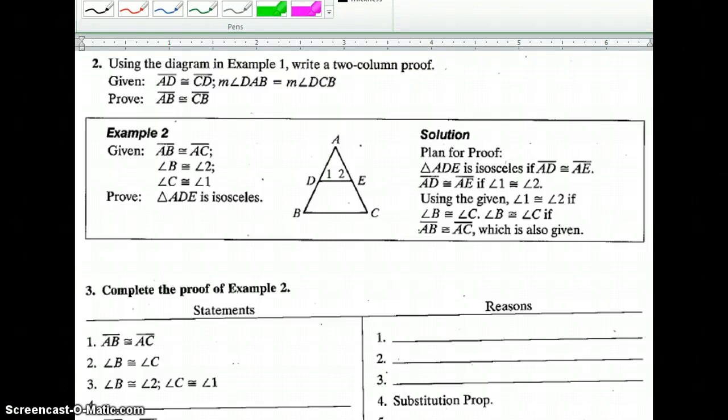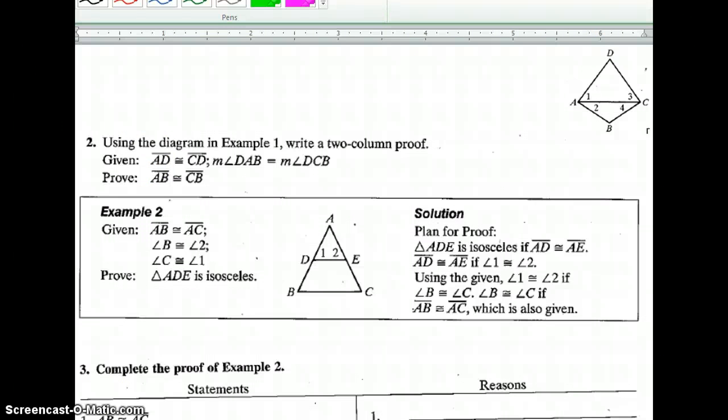Alright, still in the middle of 4-4 here. Welcome to part 3. Using the diagram in example 1, write a two-column proof. Oh wait, that's not this diagram. That took a while, but I finally got the diagram from example 1 up there. Given that AD is congruent to CD, and that angle DAB is congruent to DCB,